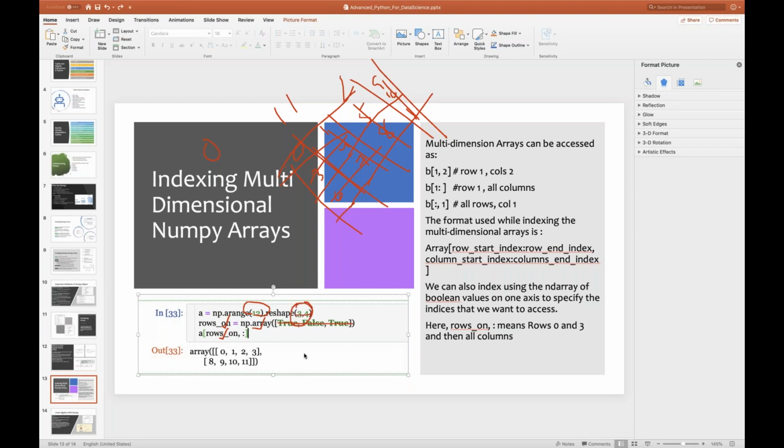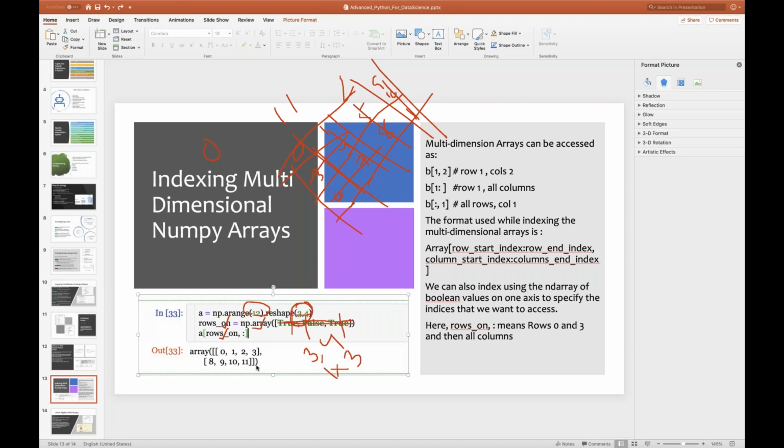First one is 3 comma 4, 3 rows and 4 columns. That is your A. rows_on is a new variable. That new variable is again one row, which is